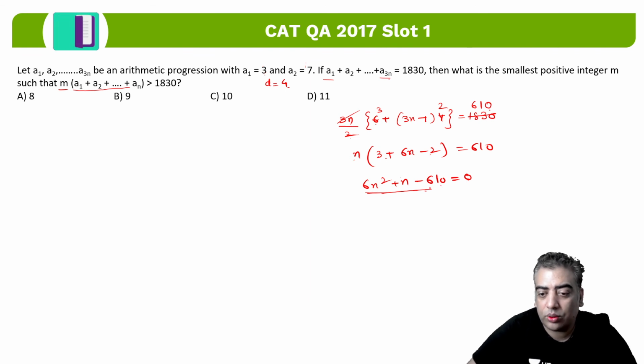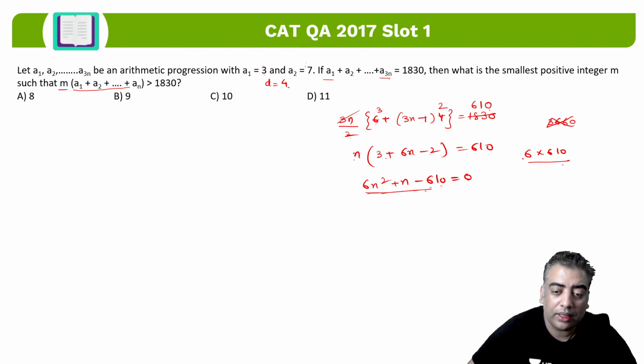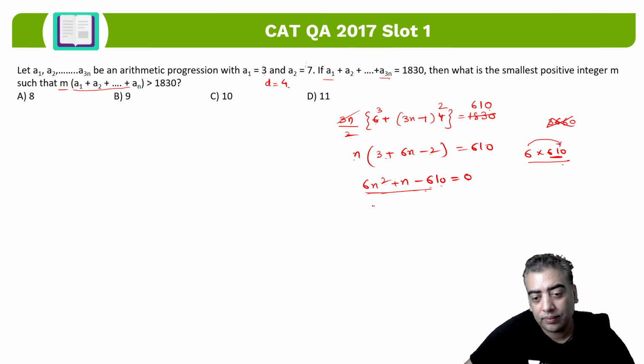So 6 into 610, I'm just writing in this fashion. Do not write it as 3660. इसे ब्रेक करना आपको मुश्किल लगेगा. मेरे को यहाँ पर दो टर्म्स का सम चाहिए 1 एंड प्रोडक्ट ये होना चाहिए. तो यही देख के समझ आएगा 61 और 60 आर द टू टर्म्स. That makes our job very easy to break it. It is 61n minus 60n,